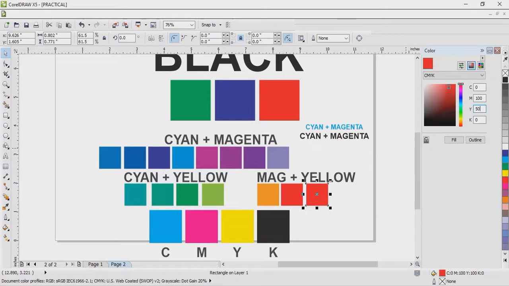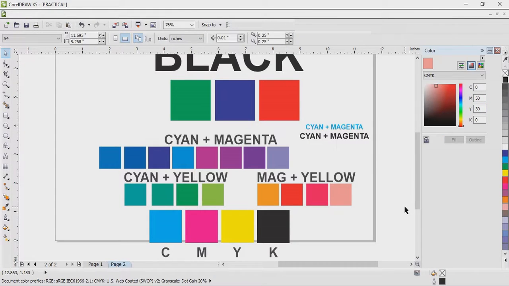When we have 50 here, we have something like, what is this color? Is it pink or peach? Something like that. 30. You can see it now, let me reduce this one to 50, 30. Can you see it? So this is how we have different colors,